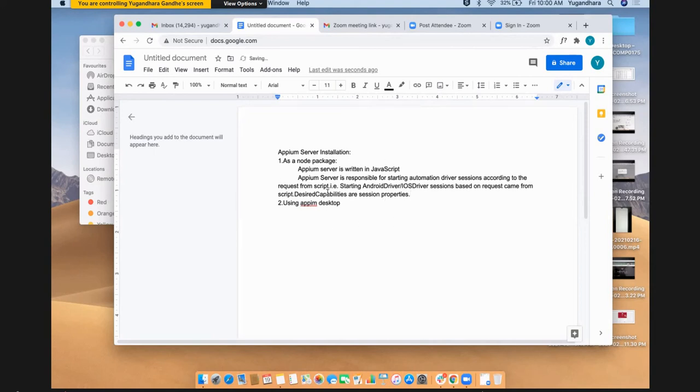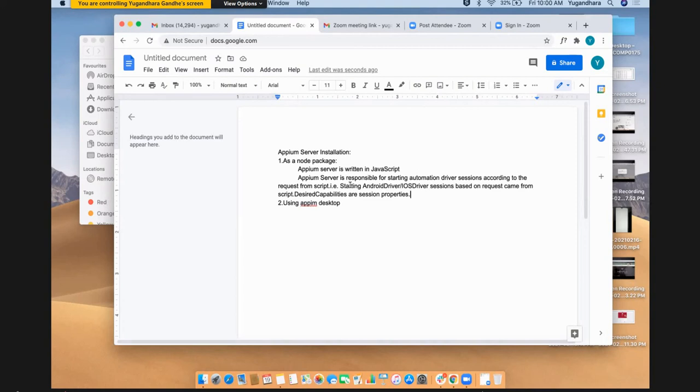So APM server is responsible for starting an automation session, a driver session, based on the settings received from the script in the form of desired capabilities. Now the language used to write this server is JavaScript, right?